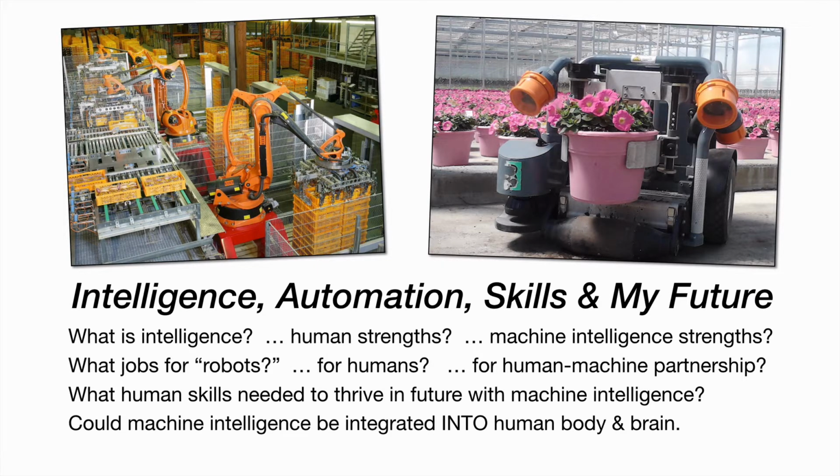So look at the top two images here. One's a factory, one's a farm. Do you see any people? I see lots of robots in the factory, and I see what looks like a custom made robot designed to do agricultural work, but no people. Well, so the ideas for secondary kids to get relate to intelligence, automation, the skills that they may need for